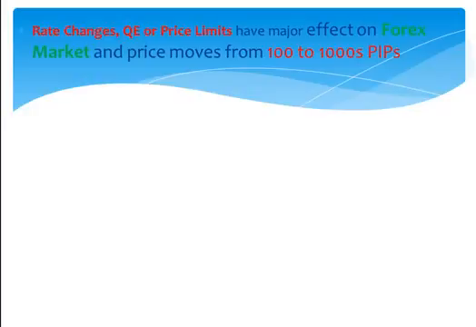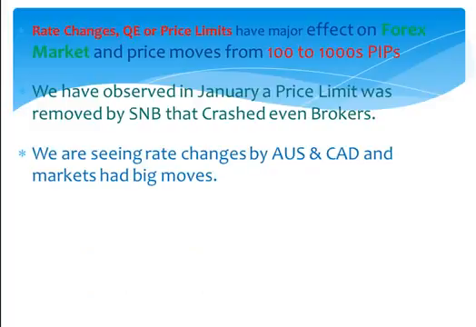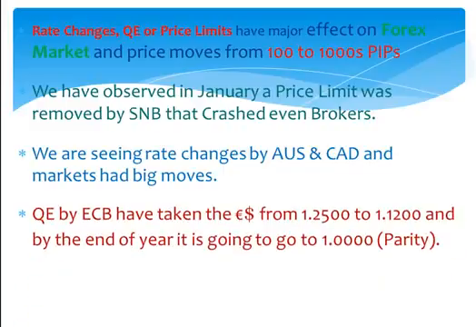Rate changes, quantitative easing, or price limits have a major effect on forex markets, and the price moves from 100 to 1000 pips. We observed in January a price limit was removed by the SNB, and that crashed even the brokers. We are seeing rate changes by Australia and Canada, and markets had big moves. Quantitative easing announced by the European Central Bank has taken euro dollar from 1.25 to 1.12, and by the end of the year it is going to go to